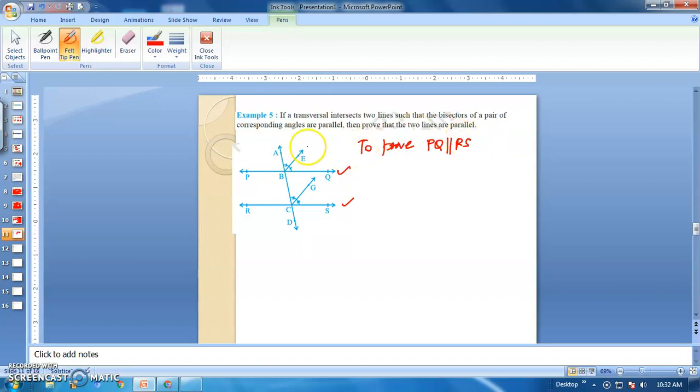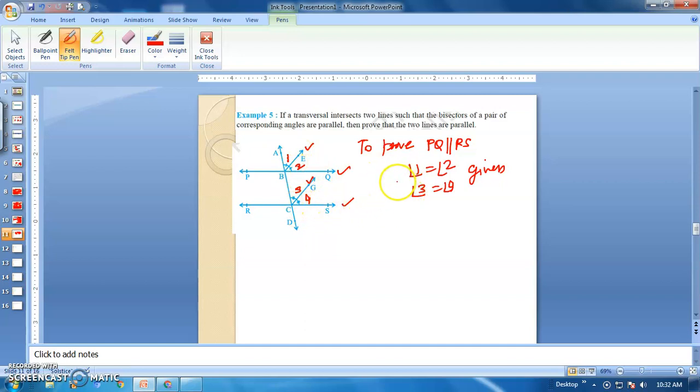So what is given means this line and this line are angle bisectors. Angle bisector means these two angles are the same. Similarly, these two angles are the same. Let us take this one as angle 1 and this one as angle 2, this one as angle 3 and this one as angle 4. So angle 1 equal to angle 2 and angle 3 equal to angle 4, given, because of bisectors.